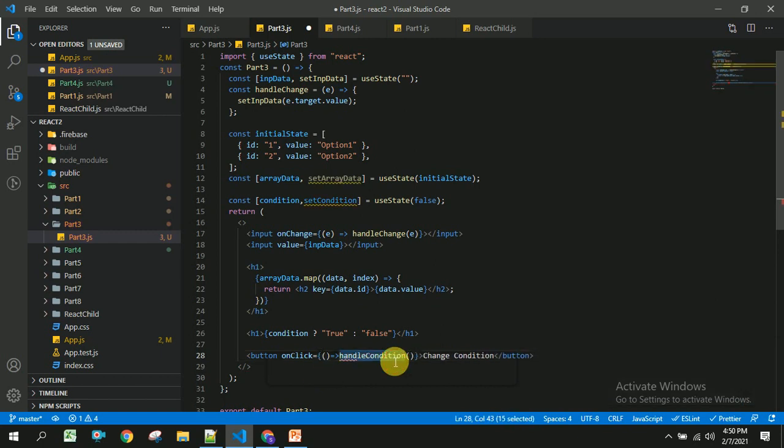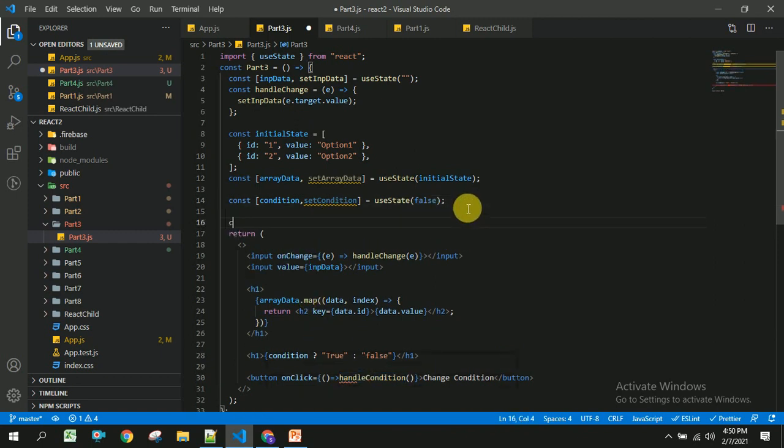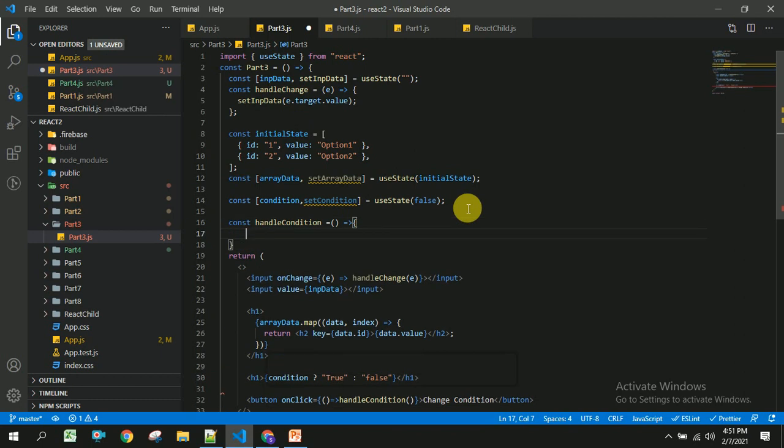So once user clicks on this, I am going to create a method called handleCondition. So once user clicks on this, I am going to change the condition. Not condition.